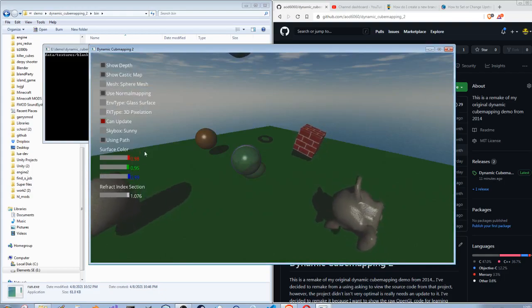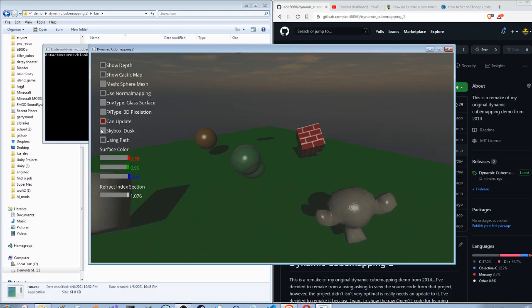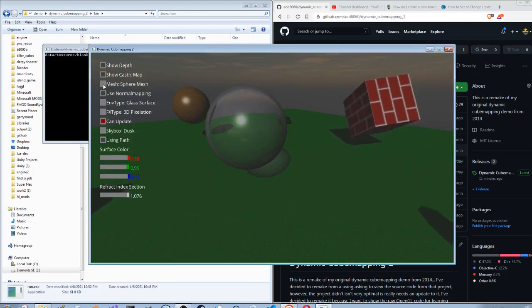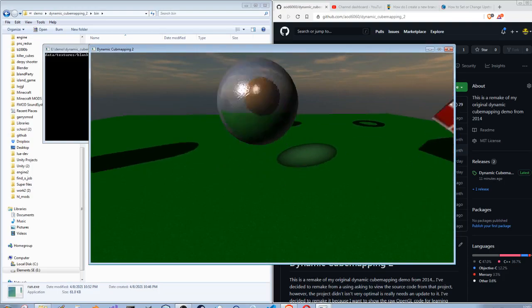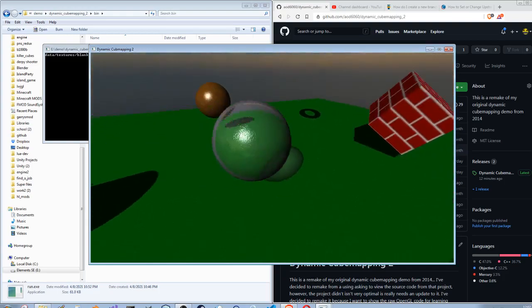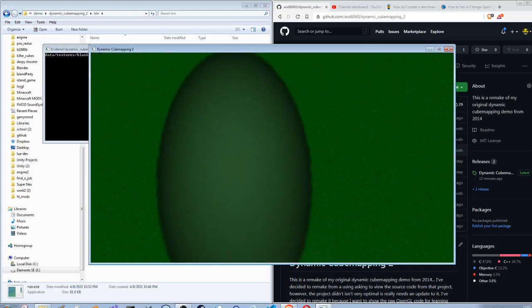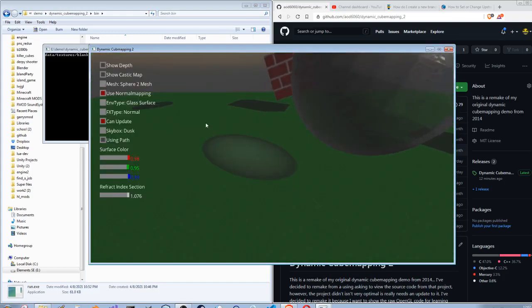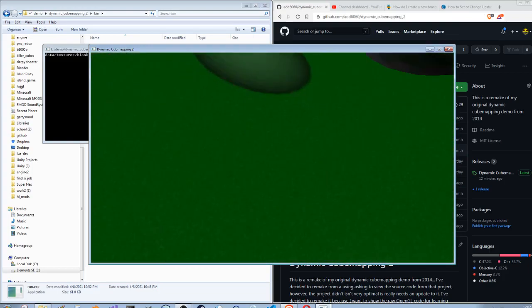It's a pretty basic demo. The reason why it took so long is I haven't done this in a while, and I wanted to relearn a couple things like shadow mapping, doing normal mapping on a surface. Because if you see here, if you put on normal mapping, it changes the surface a bit, which is pretty cool. Let's go back to normal. The caustics are also affected by normal mapping. If you switch to, I don't know, this next one, you can see that it does